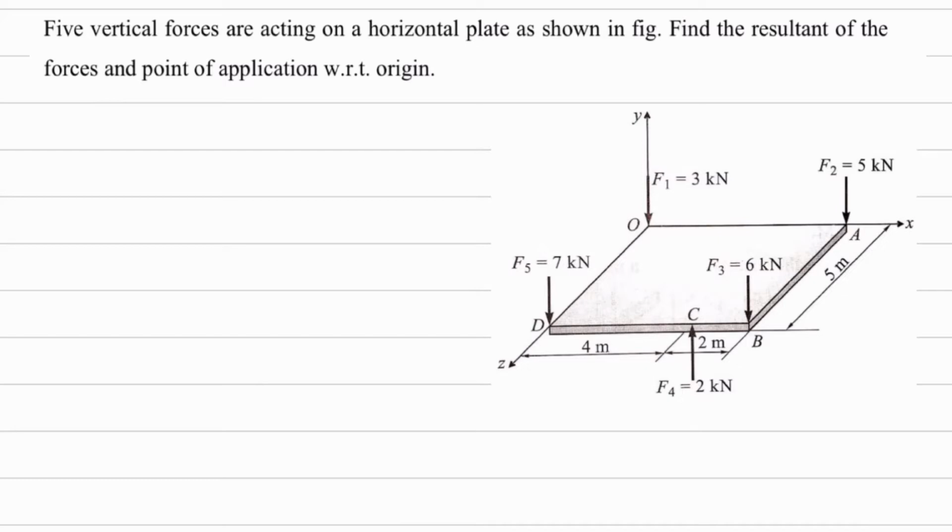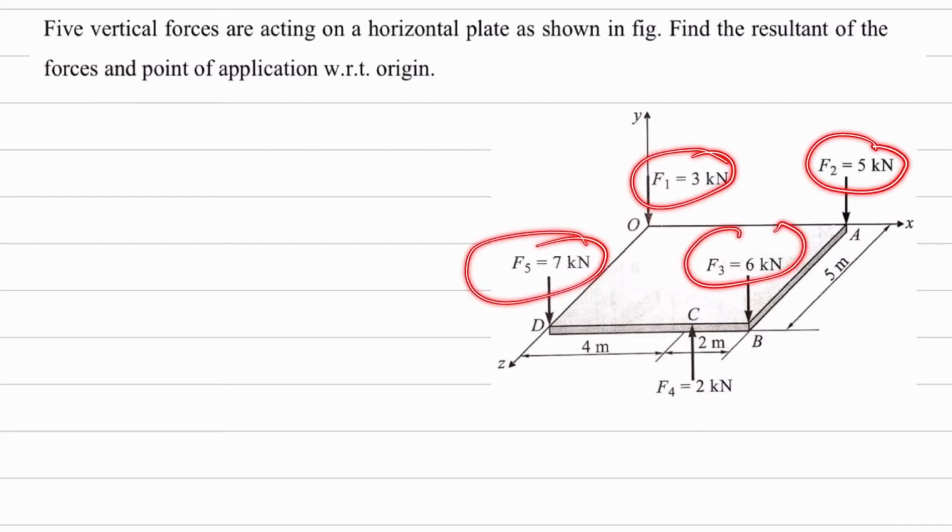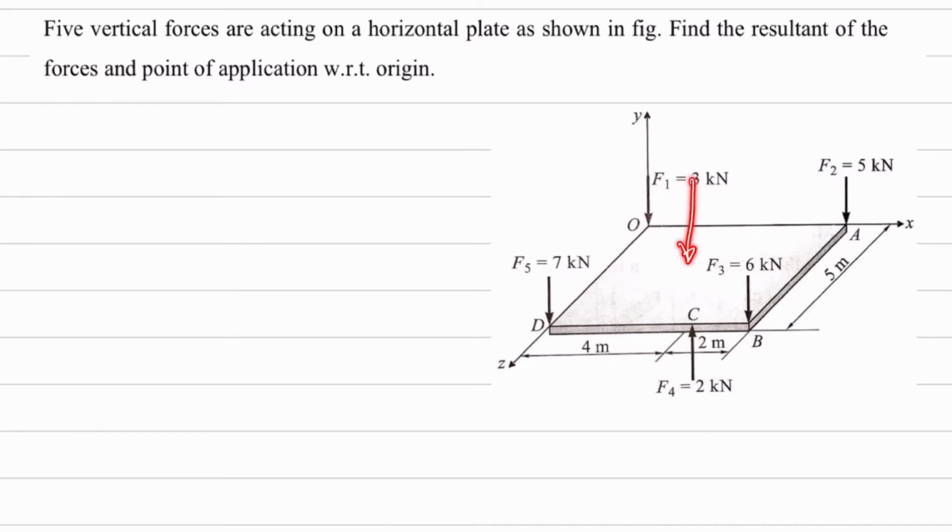So point of application meaning, suppose now if you consider this, maximum forces are in downward direction. Only one force is in upward. So obviously the resultant, since this magnitude is less, will also be in downward direction on this plate. So we have to find the resultant passing through point P. We have to find the resultant force, so R we have to find. Also we have to find the location x, y, z of that P. Now the steps for this we have already seen. So we have to just follow the steps.